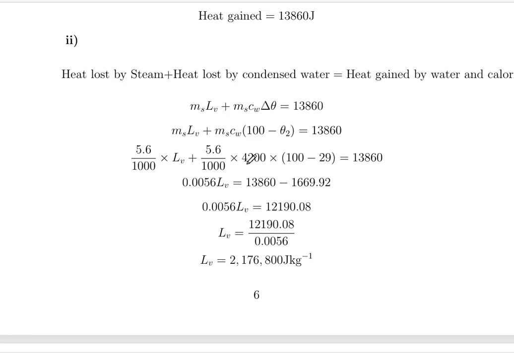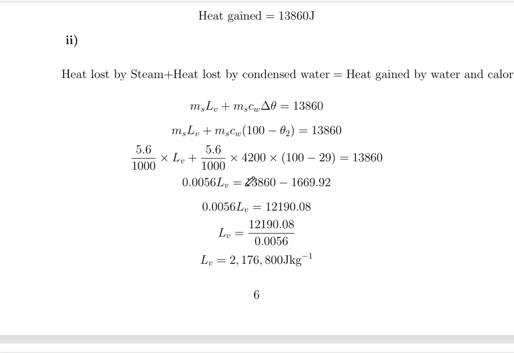Now remember, this steam has changed state to liquid form, specifically water. So that's why we now use the specific heat capacity of water, multiplied by the temperature difference. Remember, steam came in at 100 degrees Celsius and the final temperature of the mixture was 29, so it is 100 minus 29. Doing the computations in this first expression, it leaves us with 0.0056